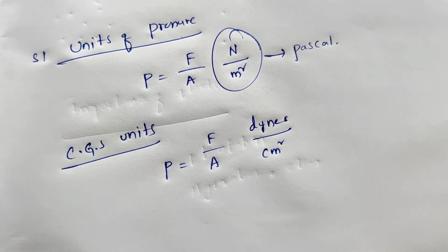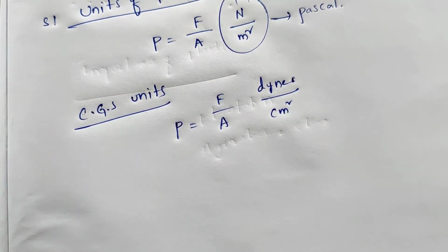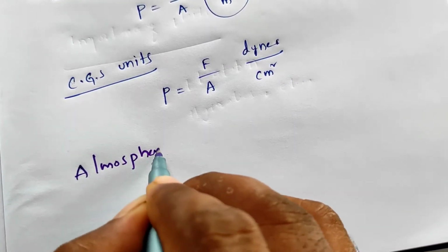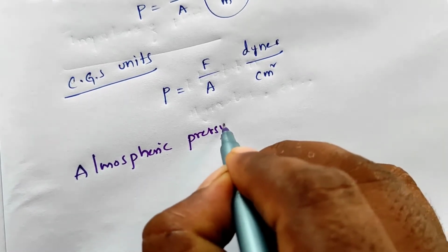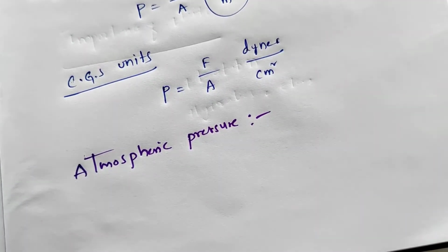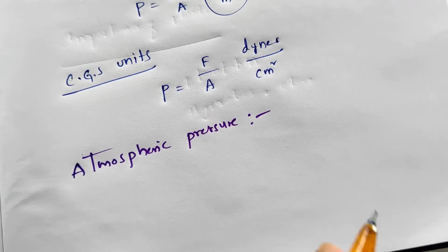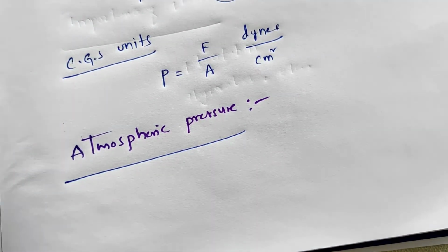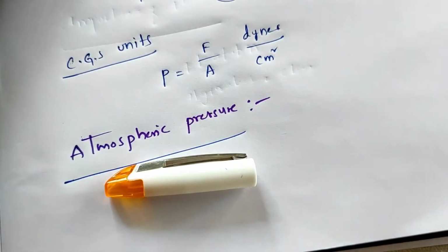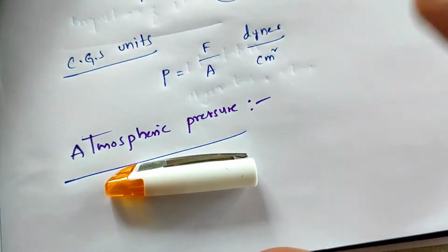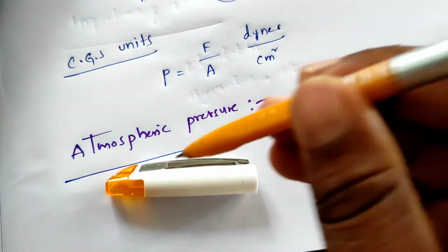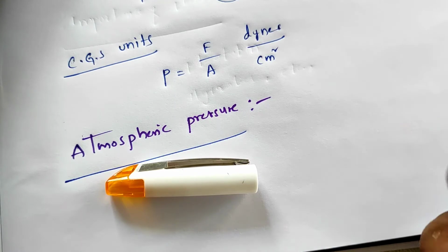Now we are going to discuss atmospheric pressure. So atmospheric pressure means what? It is the pressure of the earth's atmosphere. For example, if I keep a cap here, what will happen? The molecules around it, here we have the earth's atmosphere, right? They will constantly strike this cap. We cannot see them with our eyes, but they are constantly striking this cap in all directions.